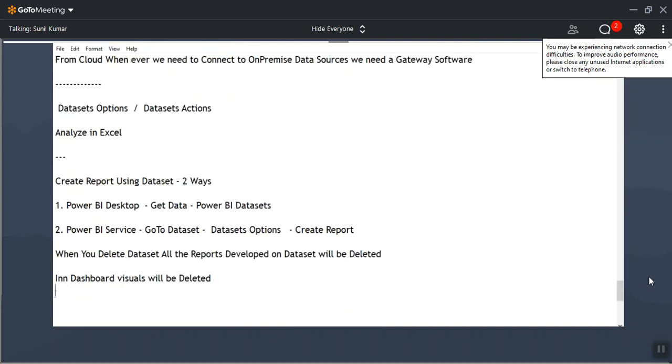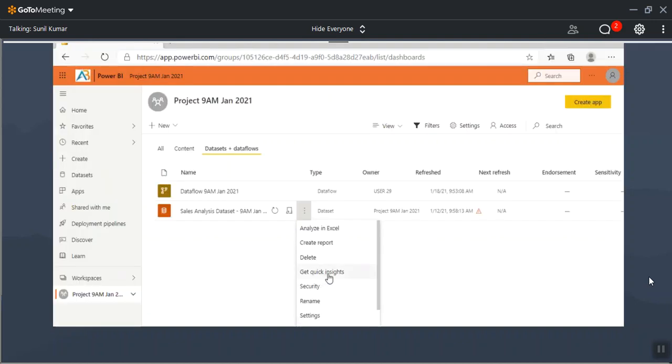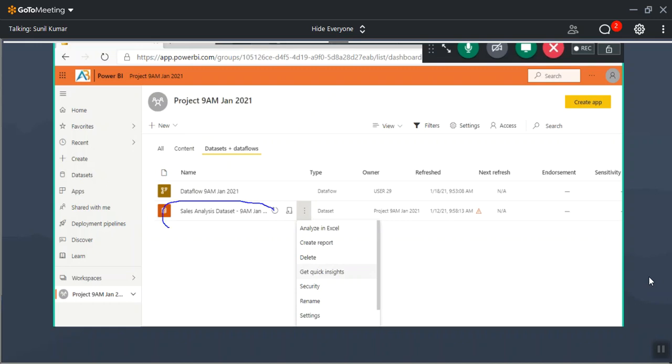What Get Quick Insights will do is read every table in the dataset as soon as you click, and it will identify